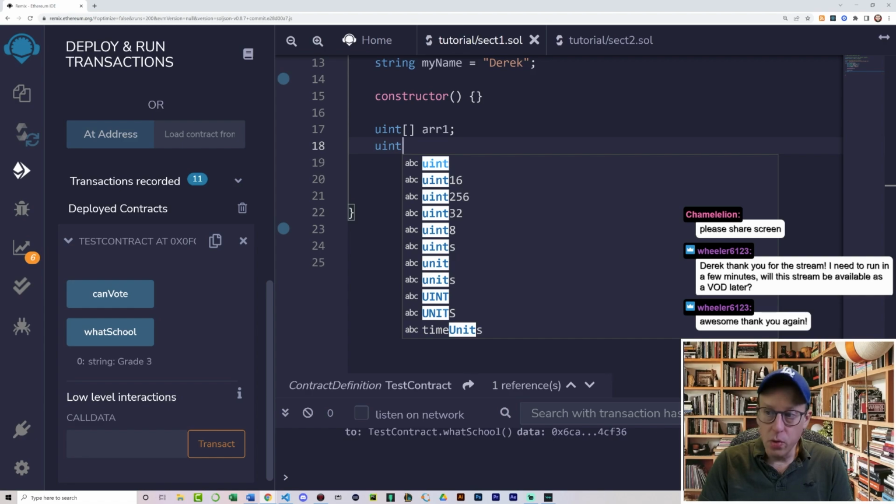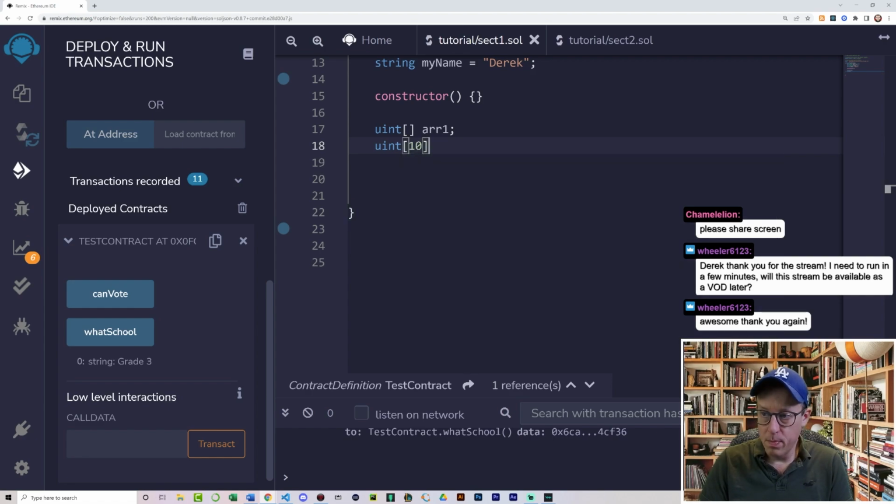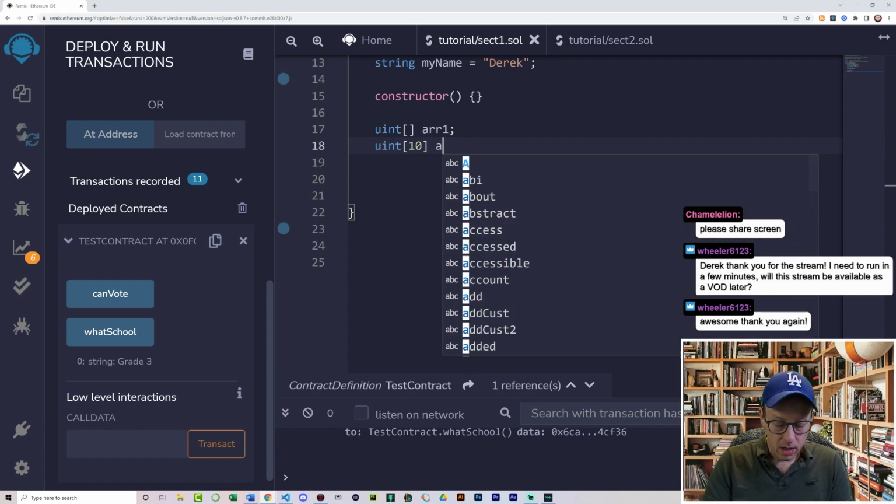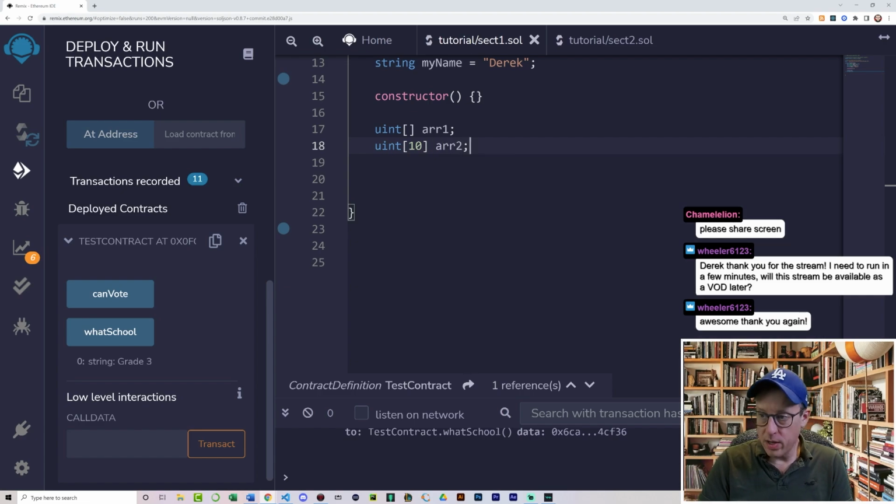If you, however, do know the size, because we want to be very careful with the amount of space that we take up, if you only know that you're ever going to need 10 values, well, you just put 10 in there and that's the length. If you want to create an array and also initialize values inside of it, you can